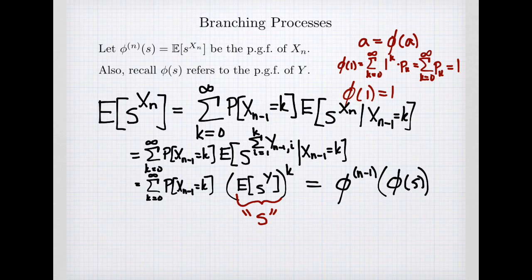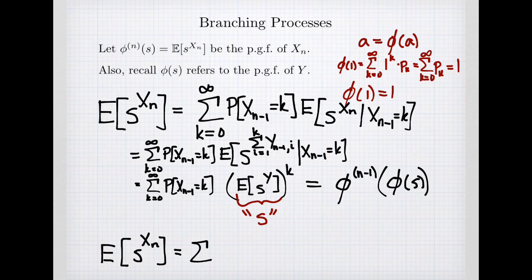So I can see I actually should have done the first step analysis, because what I really wanted to show, the expected value of s to the xn